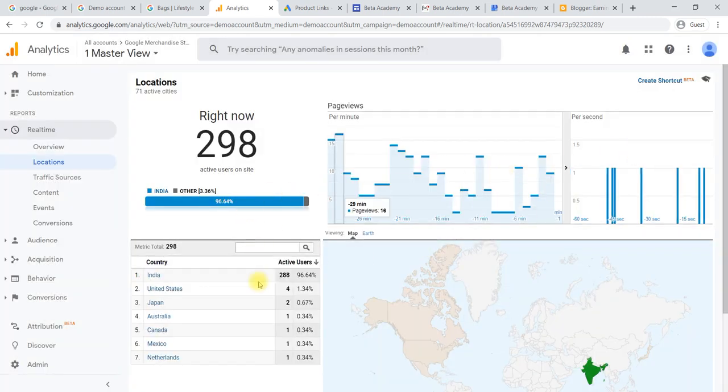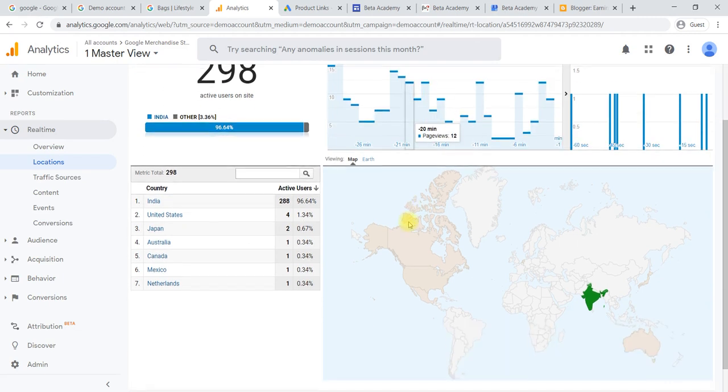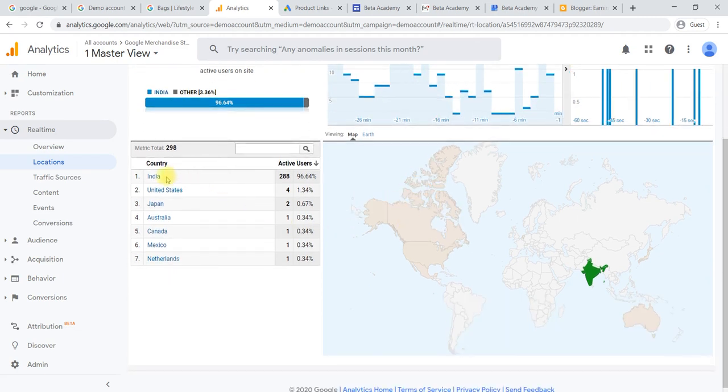These things we have understood, so I don't want to repeat them. Again, here it will show which location it is, in India or in the United States, which locations are being used right now. In the morning time, India will be highest. At night for us, the United States will be highest and India will be lowest, like that. We can check it location wise.